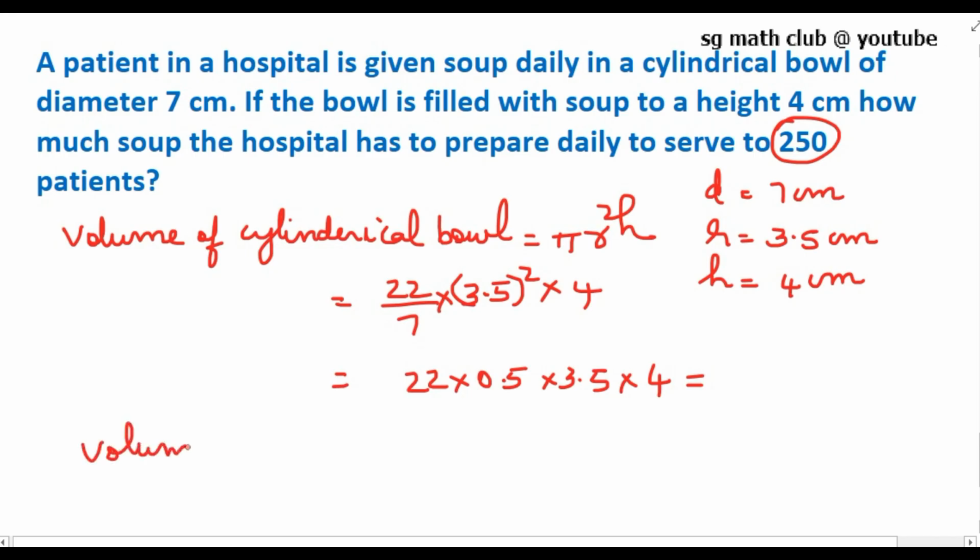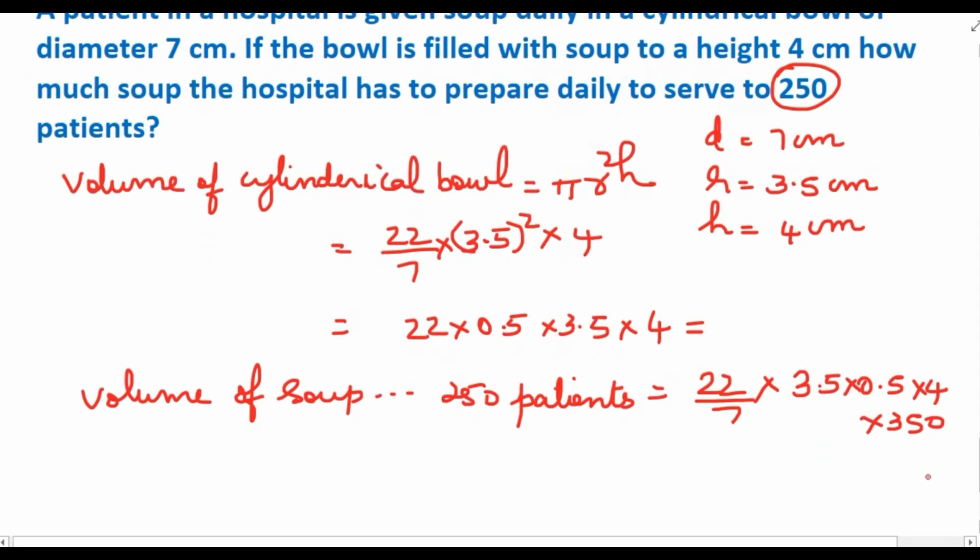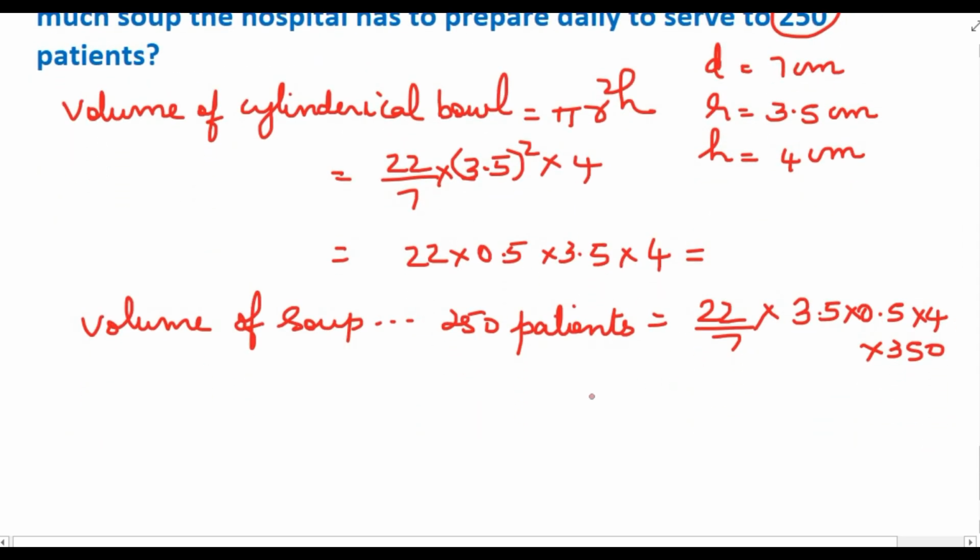So the volume of soup prepared for 250 patients we will find out first. 250 patients is equal to 22/7 into 3.5 into 0.5 into 4 into 350. When you multiply, the 7 and 350 will get cancelled. You have 50. So it is 22 into 3.5 into 0.5 into 4 into 50, which is equal to